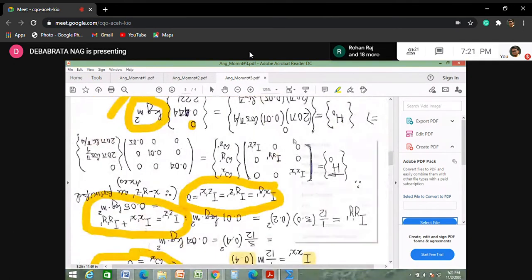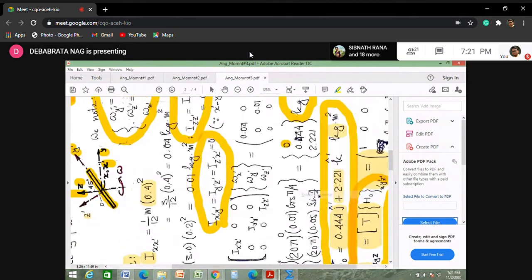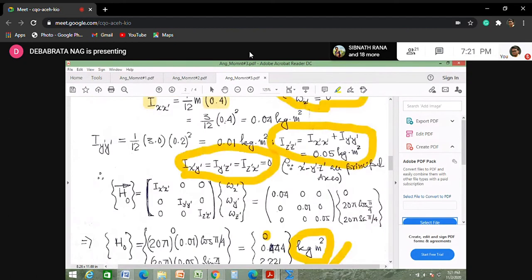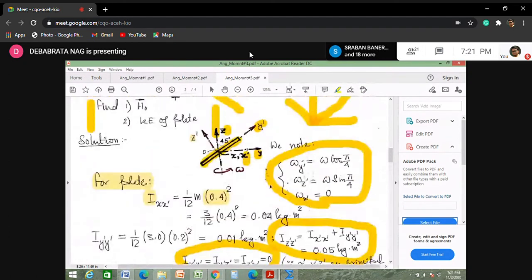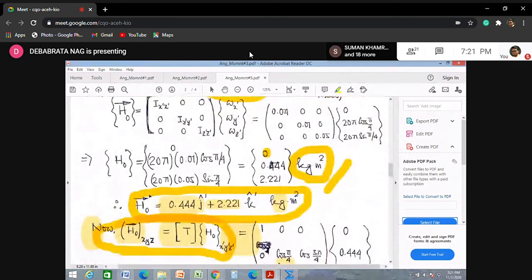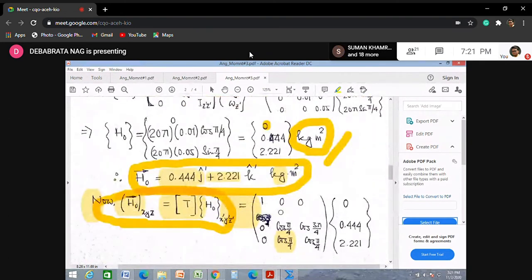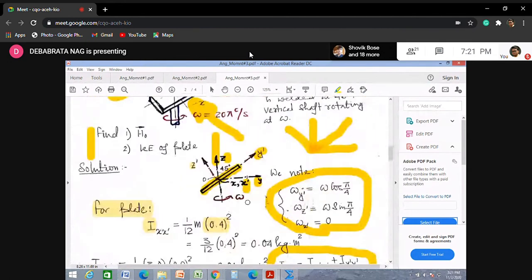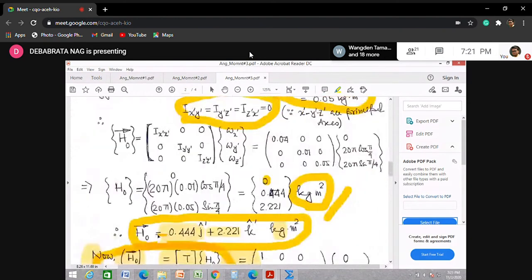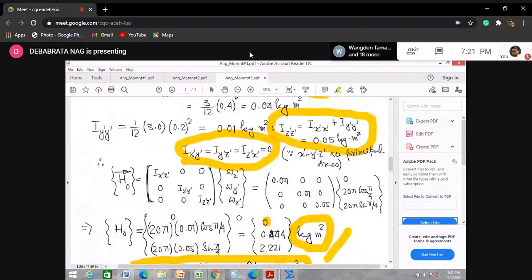There is another way. Let us discuss that here. So one way is finding this transformation matrix and doing the transformation of all these things. The other way of doing it is what you see. Come to here. You see, a vector whose this component and this component are known. So you have these two components of the angular momentum vector, because we have found the angular momentum this way. So the j dash and k dash components are known.